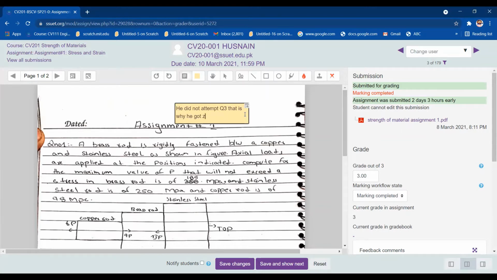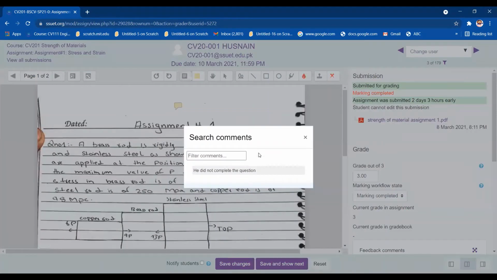So, for example, if I want to write it down, he did not complete the question, I can write it via this comment box, and when I write it, it's done. So now it is commented over here. And if I want to see this comment, because I am going to check the final exam copies, and maybe there are 32 pages or 50 pages of copies, I can check out comments from here.